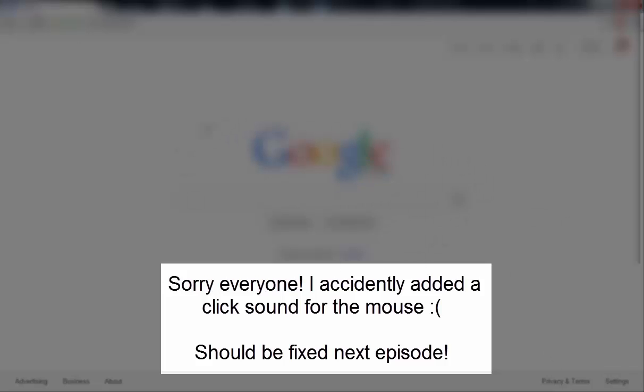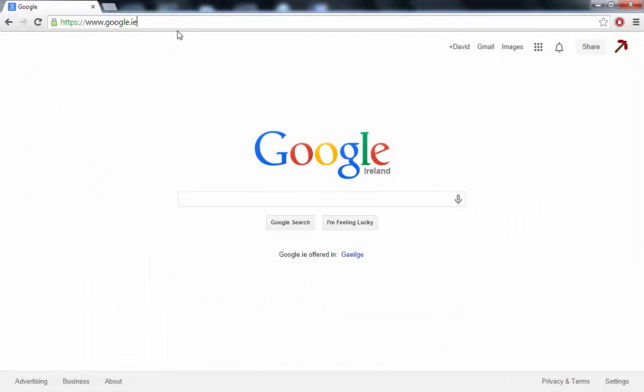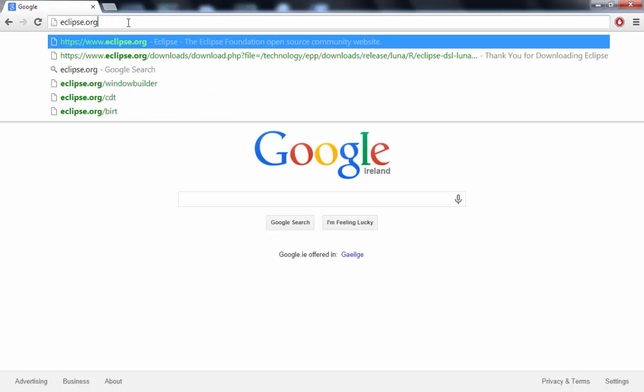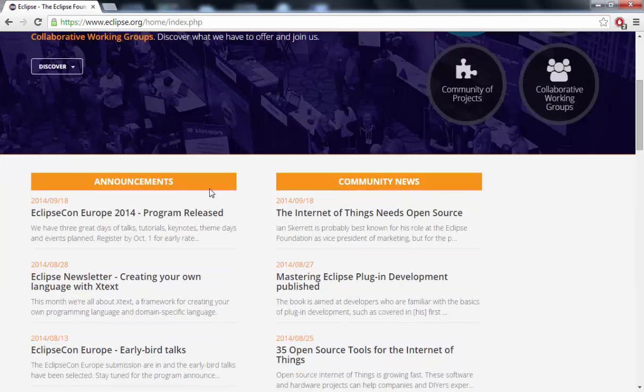But today I'm going to be doing another Minecraft slash programming video, and today I'm going to be doing a Bukkit plugin tutorial. So this is going to be episode 1, and the first thing you want to do is go to eclipse.org, because you're going to want to download Eclipse to actually code the plugin. You don't have to use Eclipse, but you want some sort of IDE, and I'm using Eclipse,